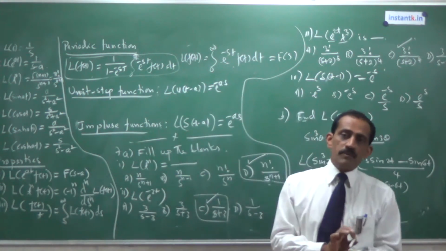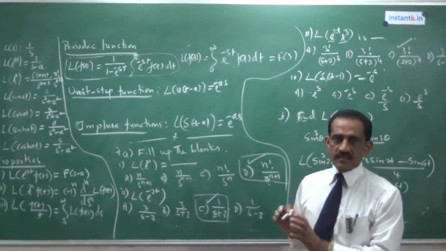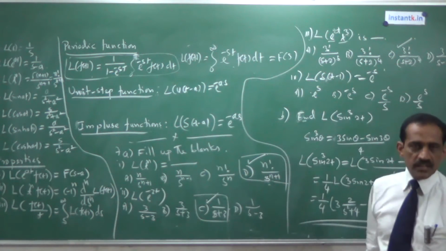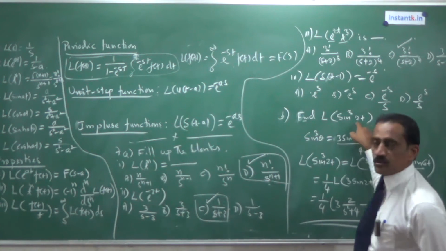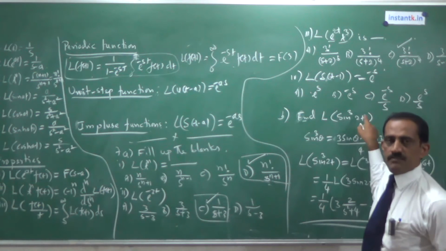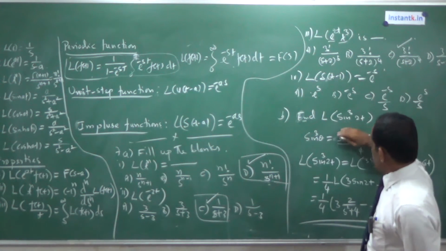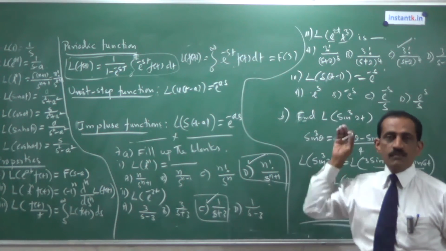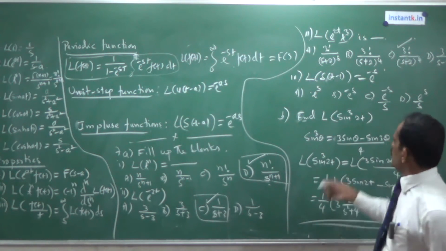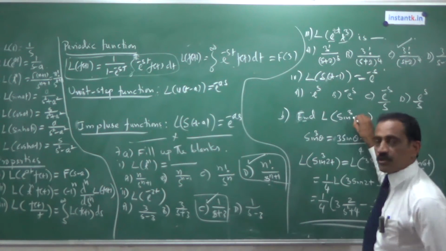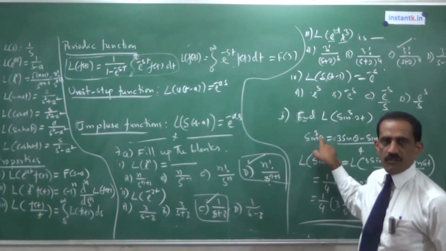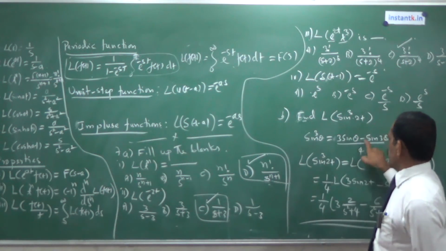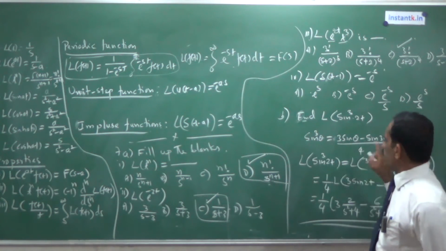Now the same type of problem you have to analyze. I am looking at this instead of sine cube 3t. If cos cube is asked, it need not be 2. It may be t, it may be 3t, it may be 4t, anything. From this type of question, you have to see how to answer if a similar question is asked. Instead of sine cube t, if cos cube 2t is asked, for cos cube theta the formula is 3 cos theta plus cos 3 theta divided by 4.